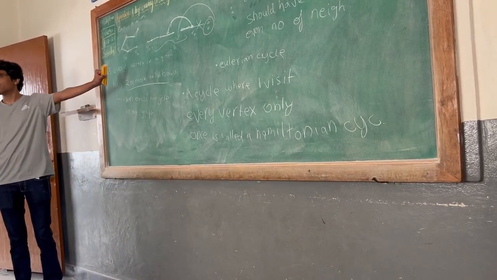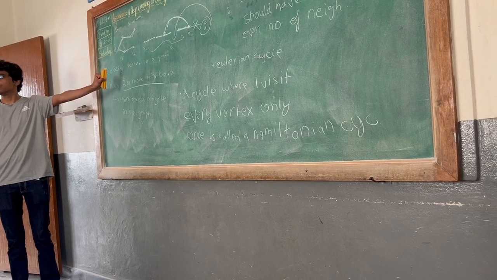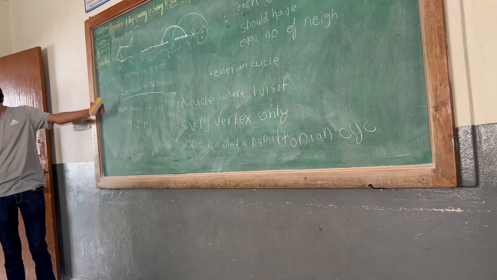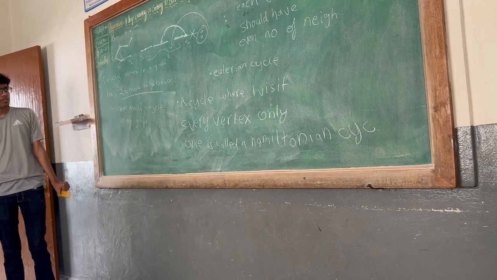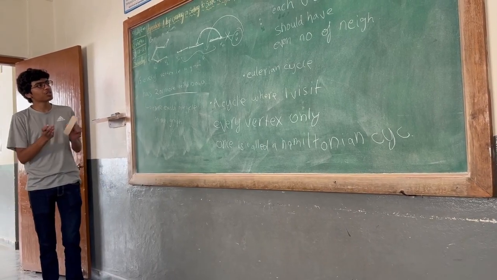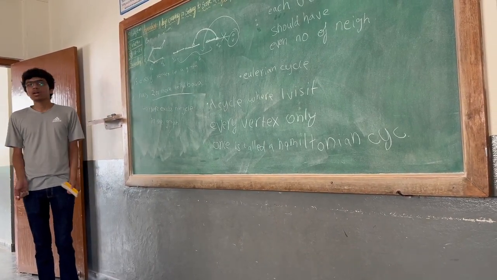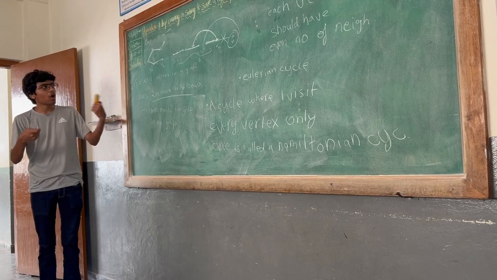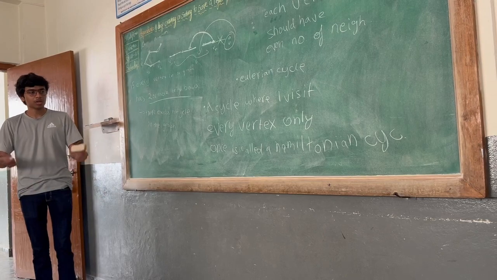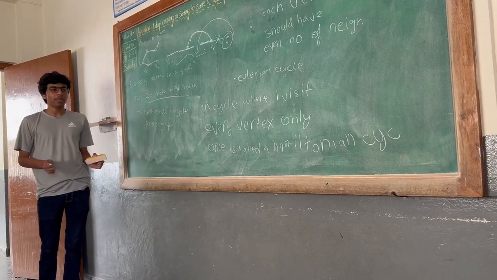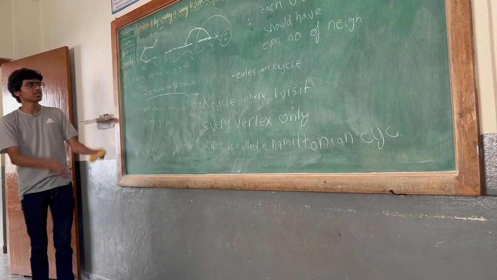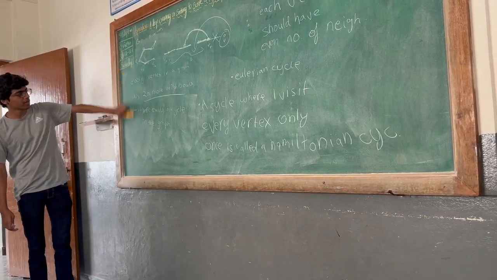Does this make sense, or are you all confused? So we have shown that there exists a cycle in any graph where every vertex has 2 or more neighbors. And here we have used a maximality argument, where we use the fact that there is a longest path in a graph, and then there can't exist a path longer than that. These kinds of arguments you will use a lot in math. You choose an example and then use the key property of that example, like the longest or the largest or the smallest and stuff like that. So